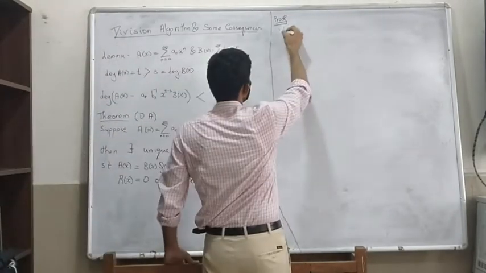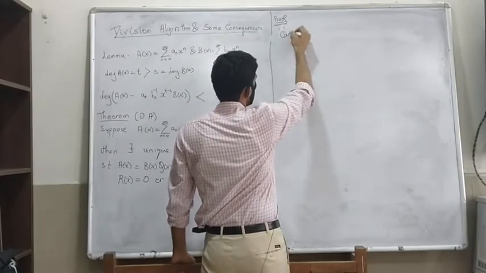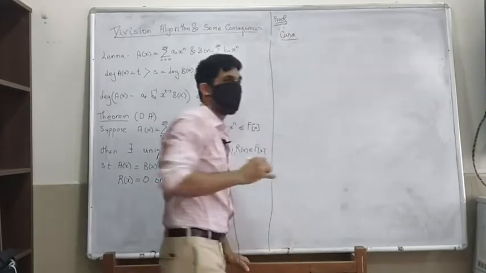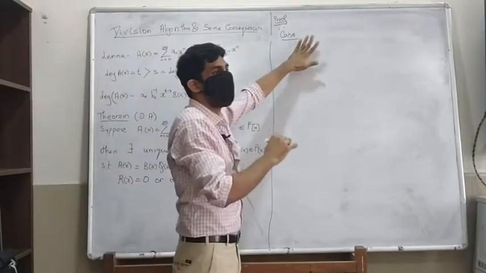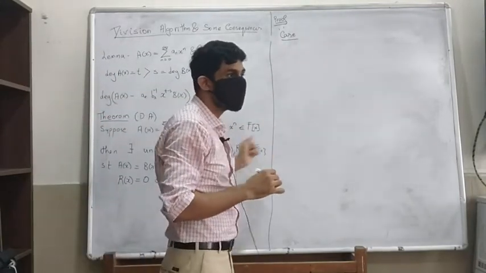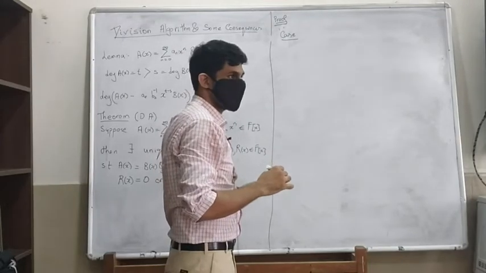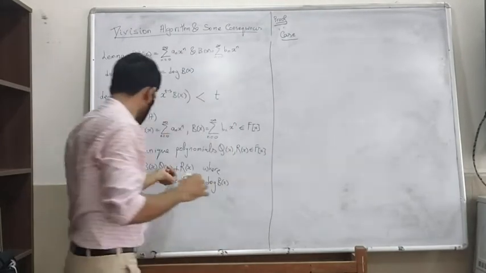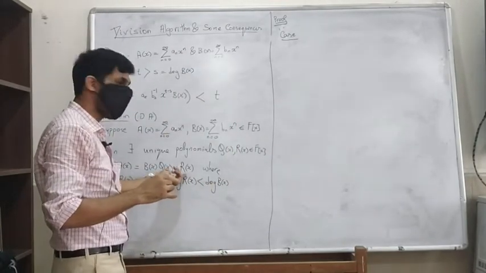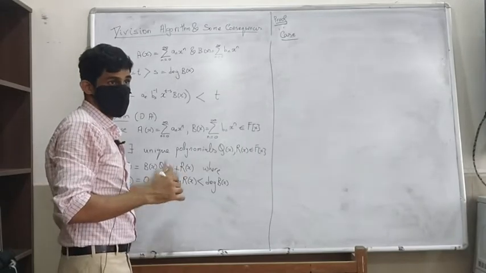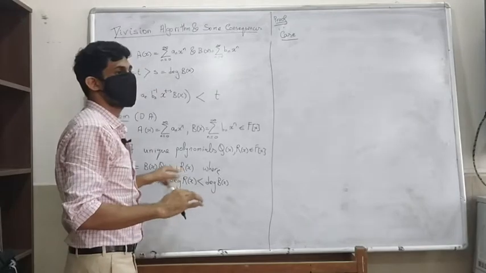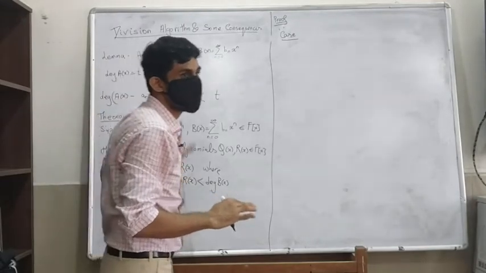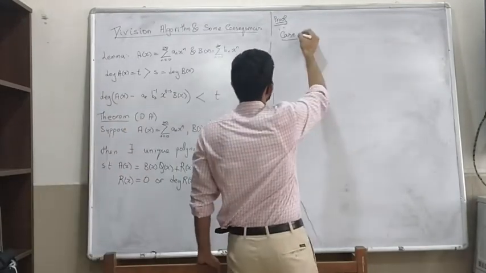So the technique which I am going to follow is like this. First I am going to prove existence and then prove uniqueness. So all we are doing now is we are only going to prove existence. Later on we will prove uniqueness. We will only try to catch hold of this Q and R satisfying this property. Later on we will show that there is only one choice for this.